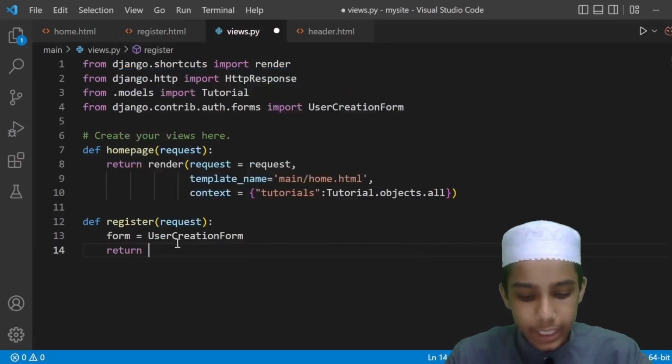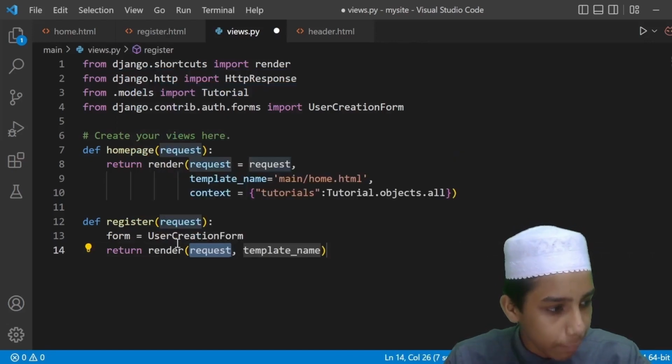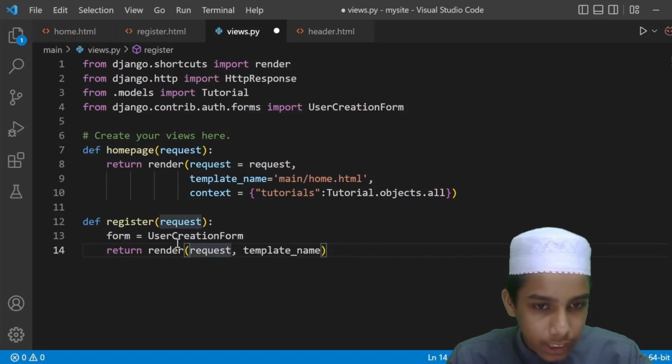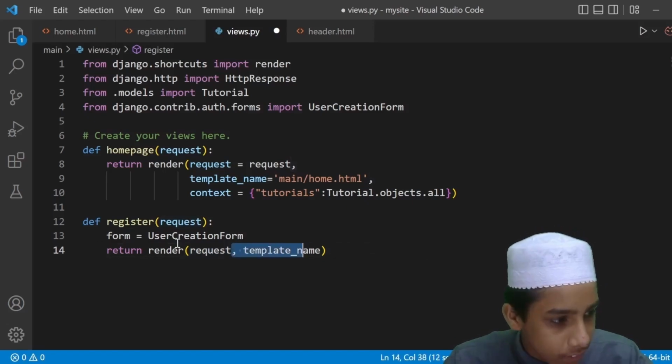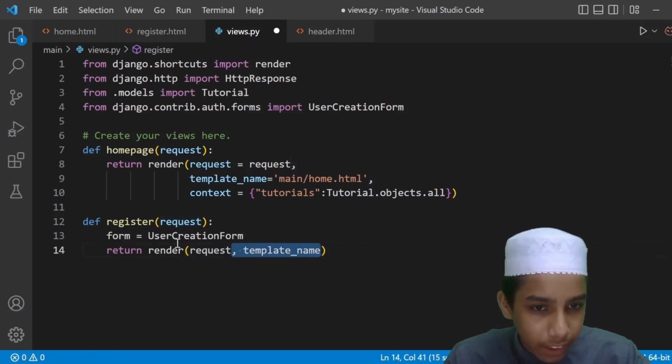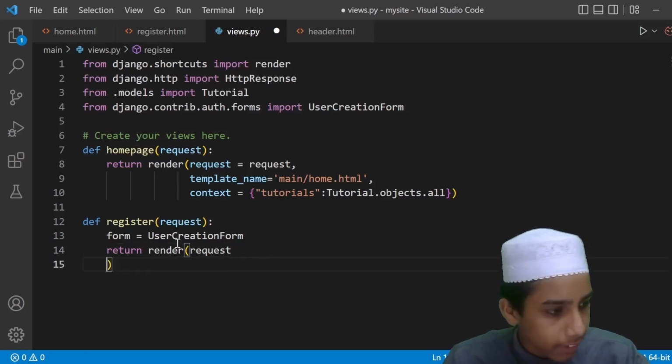Okay, and then return render. I'm going to render here. Instead of this, we have all of these things, so I'm going to remove this template. I don't want this one here. Okay, I'm going to type that here,